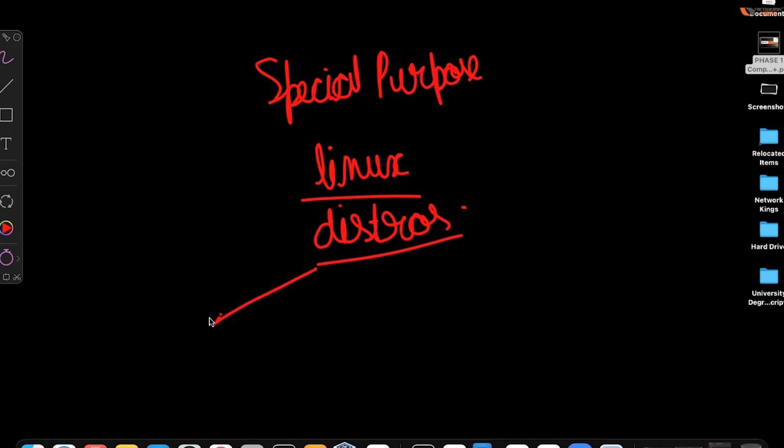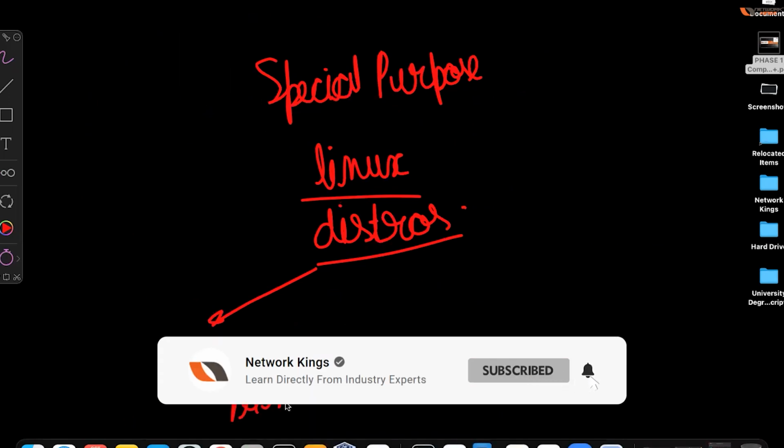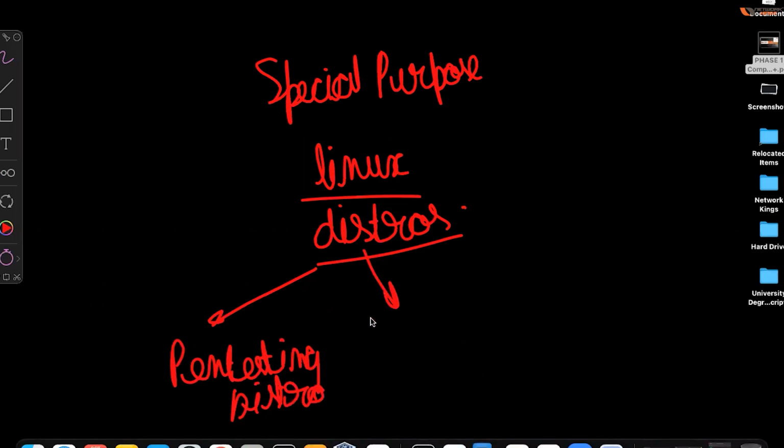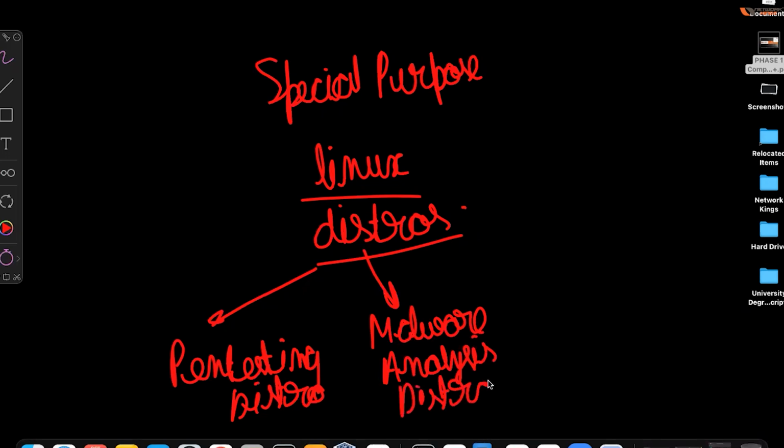ठीक है? So you have pen testing distros. You have malware analysis distros. बहुत है. ठीक है, बहुत ज्यादा है, इवन इतने होंगे कि आई एम नॉट इवन अवेयर ऑफ देम. आई एम टॉकिंग अबाउट दोज which I deal with on a day-to-day basis.